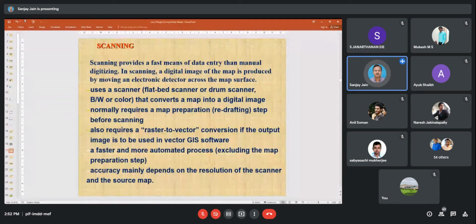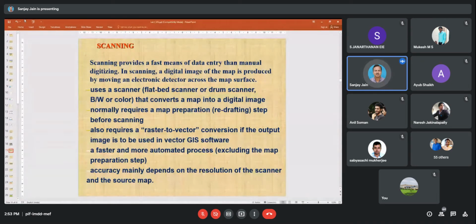If we put our map in a flatbed scanner, it can convert that map into a digital image. Then we require raster to vector conversion, because all the data generated through scanning will be in raster.